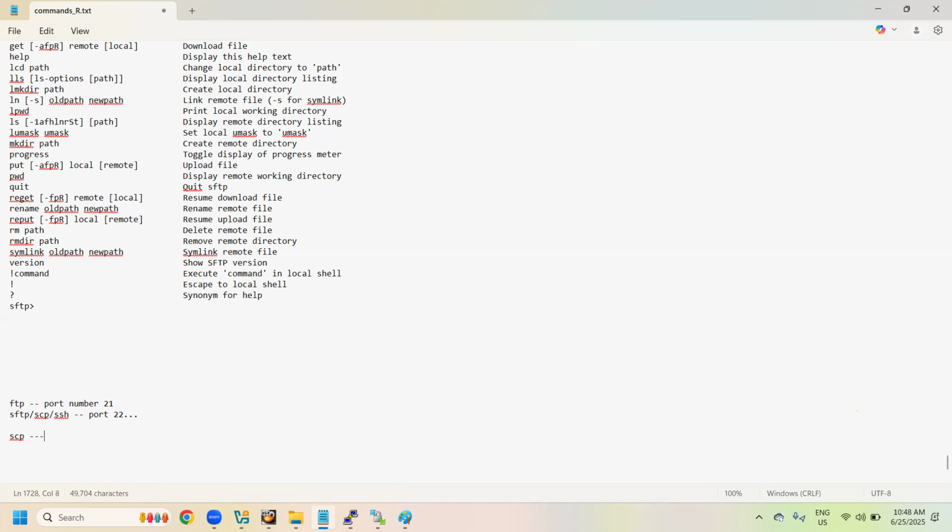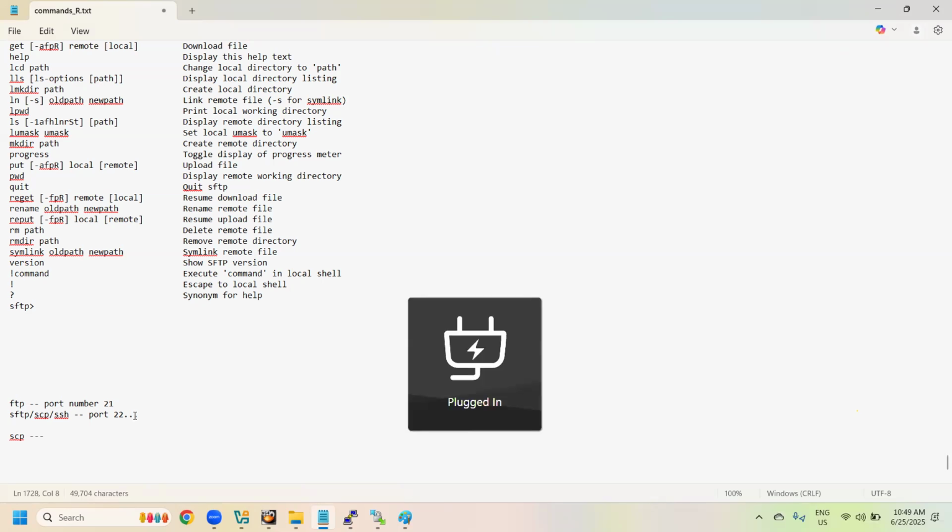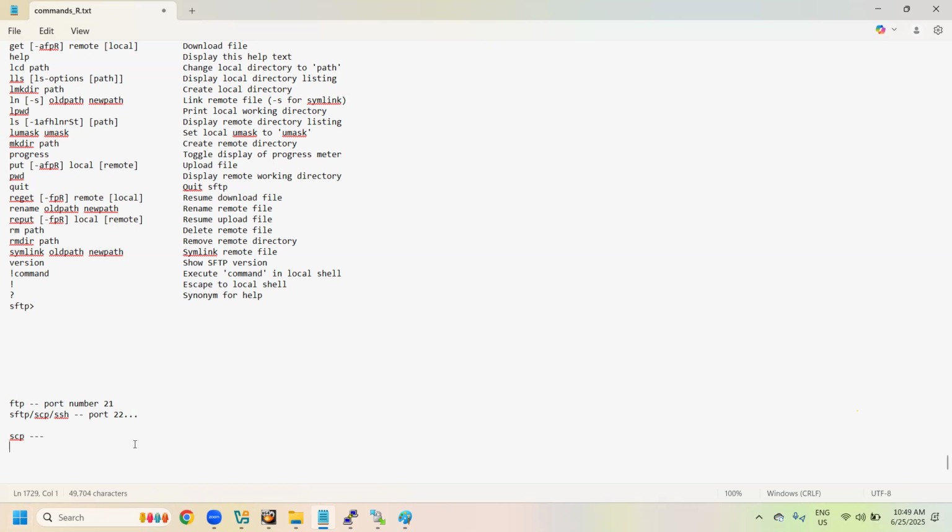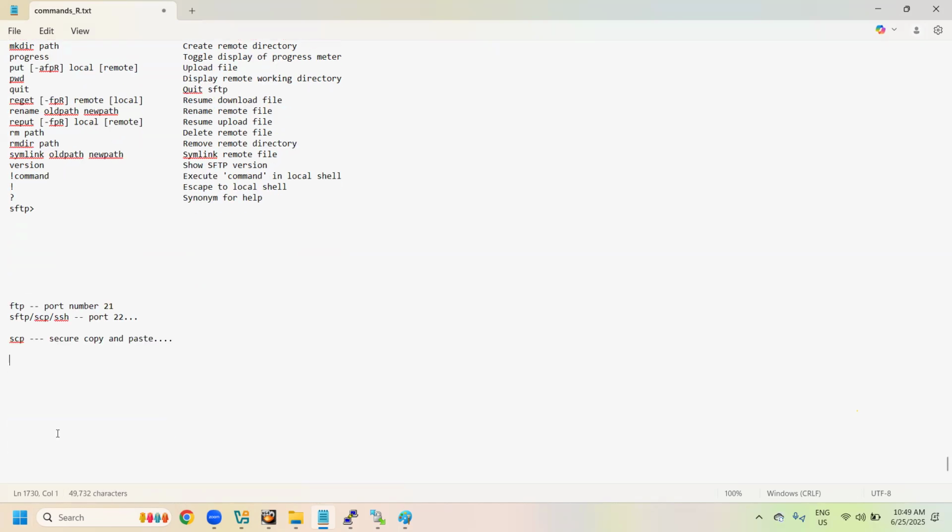With the help of SCP, what can we do? We know about the CP command, right? What is the CP command for? To take a backup within the Linux server. If you want to copy files over the internet, between two Linux servers, then SCP. SCP stands for secure copy paste. With the help of SCP, we are able to transfer files between two